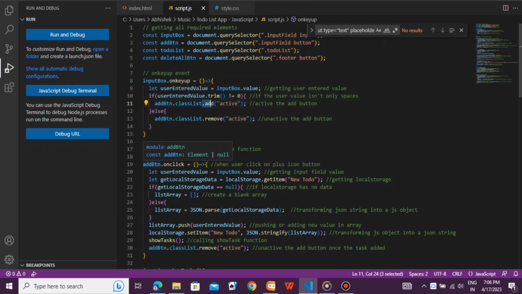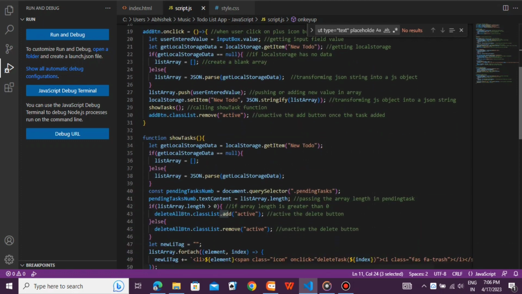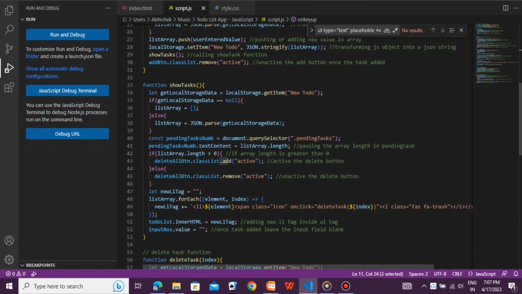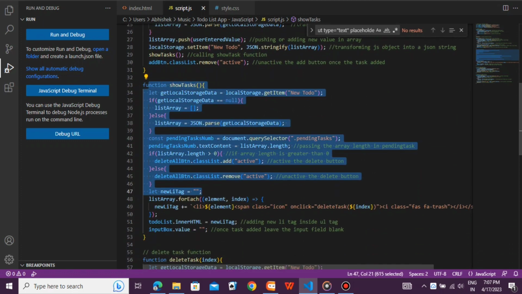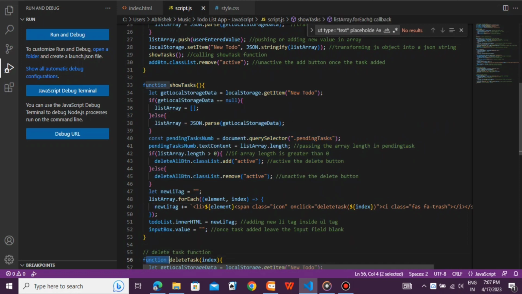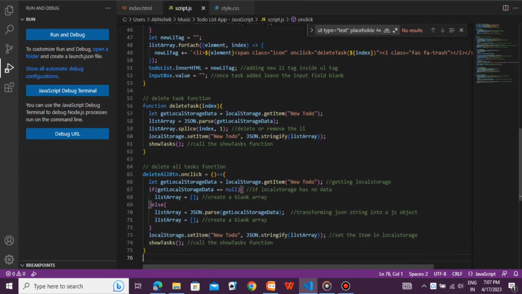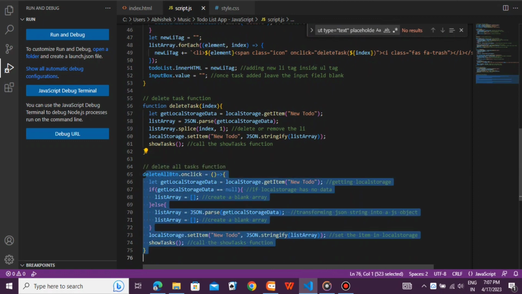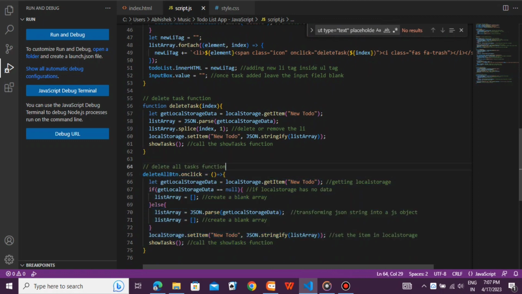Then there will be a show task function, in which the tasks which are added will be shown to you. Then there will be a delete task function, in which, if the task is completed, the user can remove the task. Then the delete all tasks function. In this, if all tasks are completed then you can delete all tasks with one click. So this is the JavaScript file.